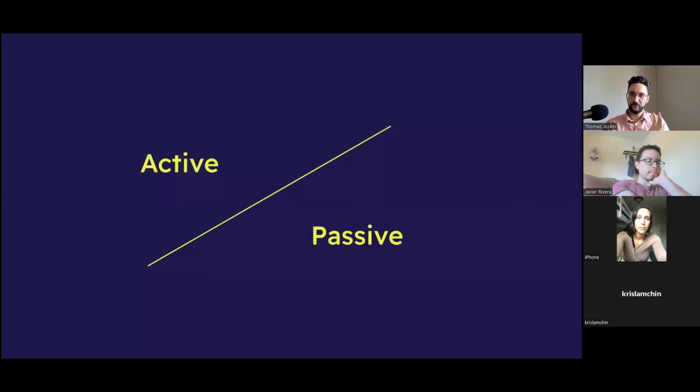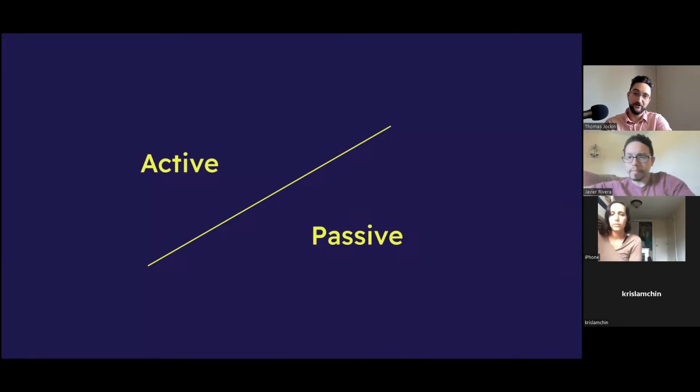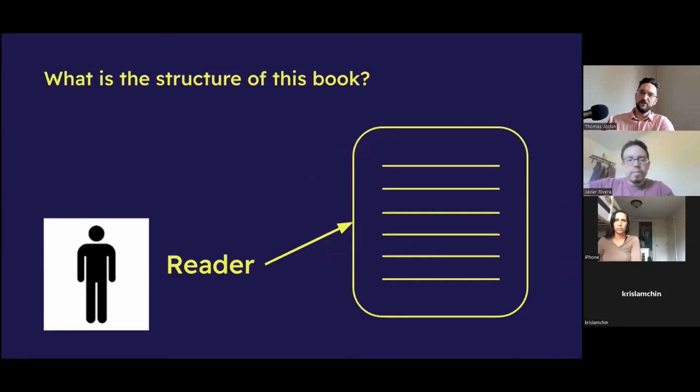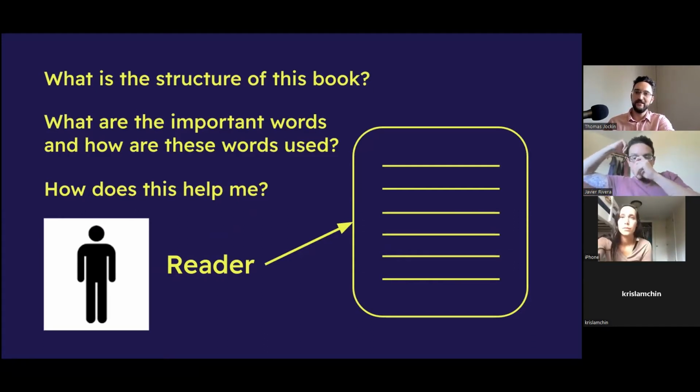So the main distinction, first of all, about why there's this huge imbalance between advanced literacy, the proficient, and everyone who's not, is this dichotomy of active and passive reading. And by the way, it doesn't just go with active reading. Remember the main idea brought up by Adler and others: when you're engaging with a text, you're asking questions like, what's the structure of the book? What are the important words in the book and how are those words used? And how does this book help me with some project or concern I have right now? All these things need to be done in an interfacing of reading and writing.